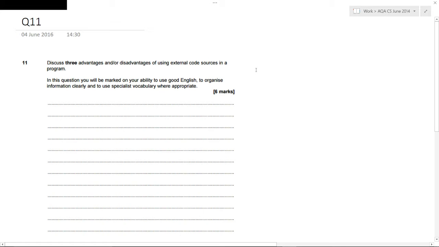In this question, we need to understand what external code sources are and be able to write a clear discussion with 3 advantages and/or disadvantages of using those external code sources. So there's 6 marks up for grabs. The mark scheme says it's split into 3 categories, so you can be in the low mark band, 1 or 2